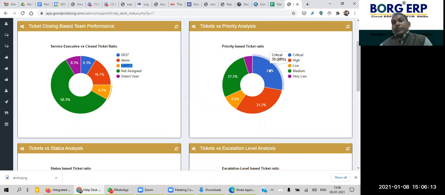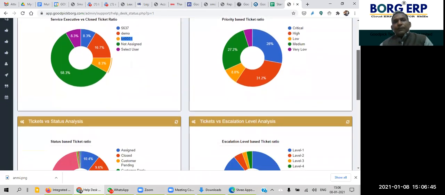It means that 28% of tickets have been critical over a period of time, which is a very dangerous situation for the company. Either your implementation team is not working well, or your support team is not working well, or some system at the customer's end is not up to the mark. Why are we receiving critical tickets from customers? This has to be part of an investigation in your company.